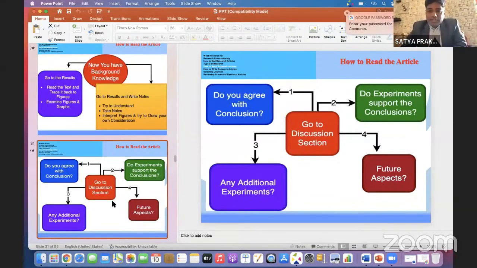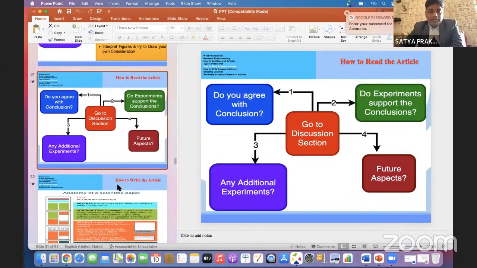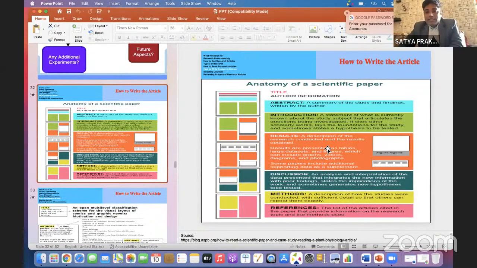Definitely, there is a future section which helps the reader and reviewer to see that you focus on the future, what it will be in the future, and what this research, this article, will do for society in the future. This is the discussion section. Next, what are the sections of the articles, and how to create the headings and all.